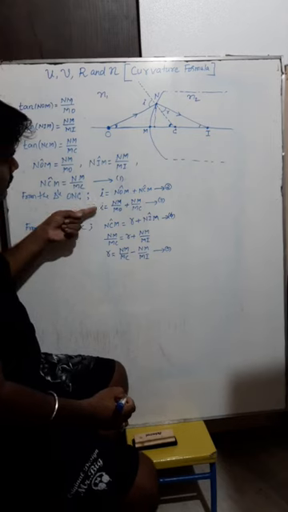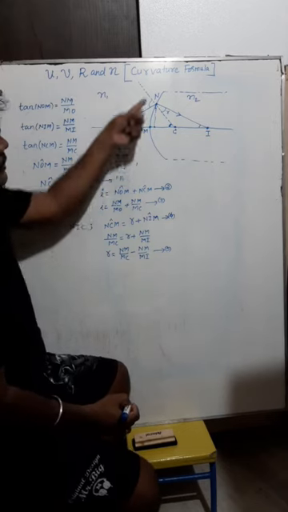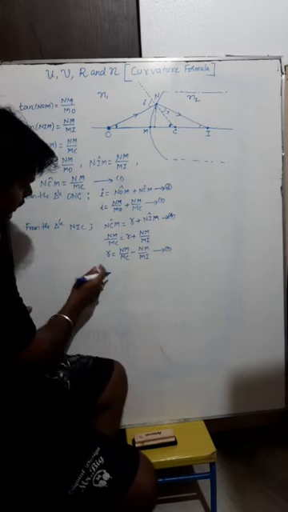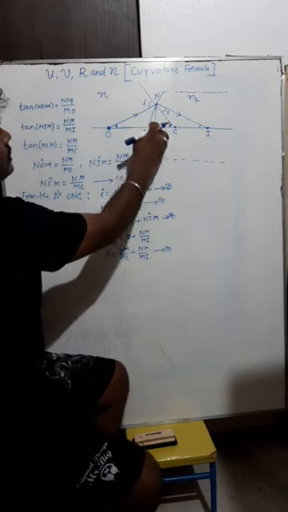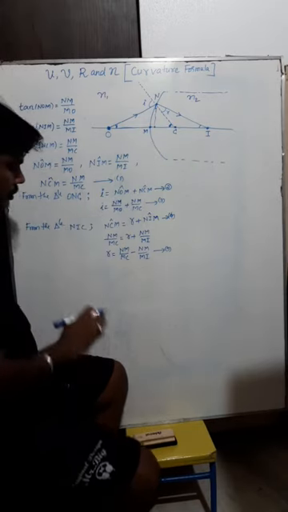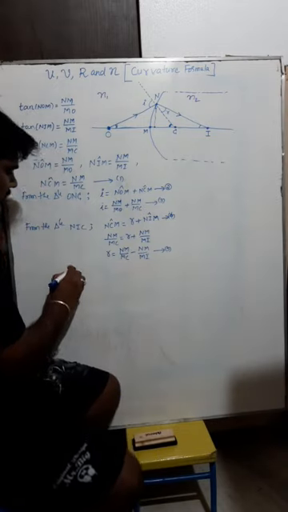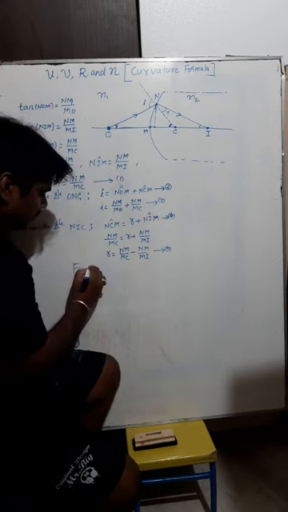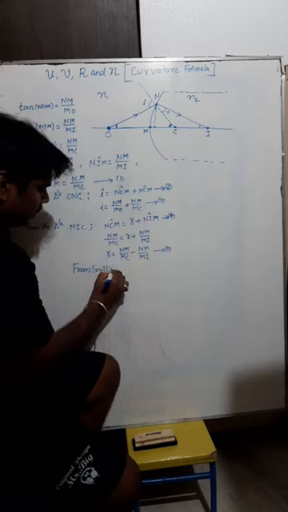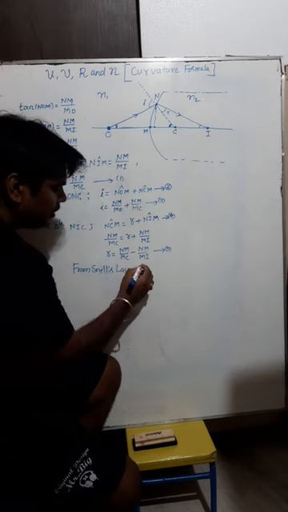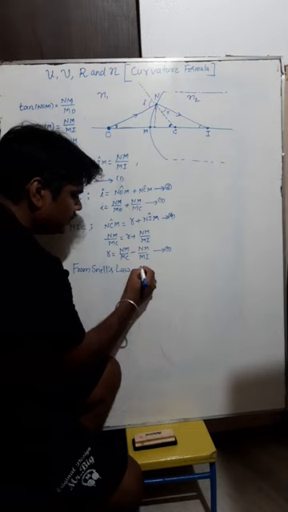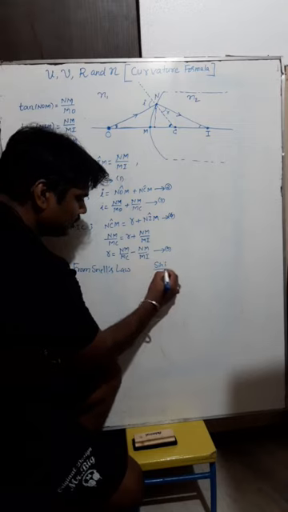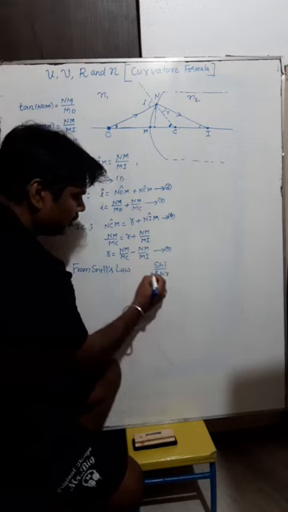So now we got the value of angle of incidence and angle of refraction for this refraction through a curved surface. While continuing the derivation, since there is a refraction of light, for every refraction one can apply Snell's law. So what is Snell's law? You know that Snell's law says the ratio of sine of angle of incidence to the sine of angle of refraction is always constant.